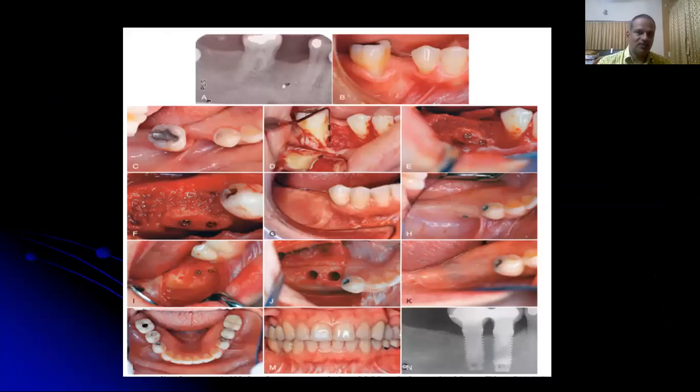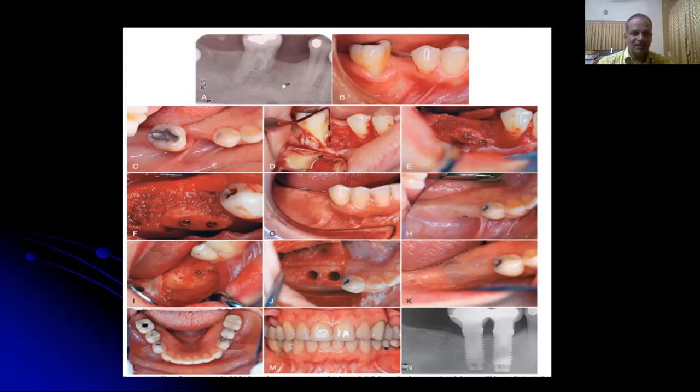So here is a case of a monocortical bone graft augmentation procedure, which is planned in the mandibular right first molar region. The mandibular second molar was indicated for extraction. We can see the sufficient amount of bone height that is available, but the clinical picture shows the horizontal bone deficiency in the first molar region. So in this case, the monocortical block graft augmentation was planned to increase the width of the alveolar bone, and ridge preservation was planned after extraction of the second molar with the particulate bone graft.